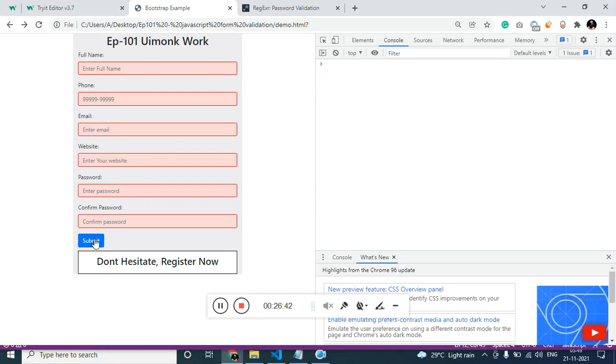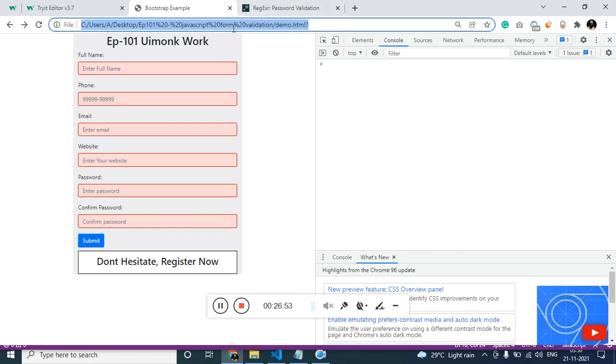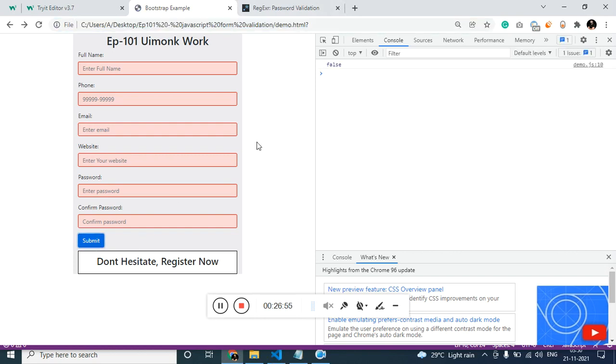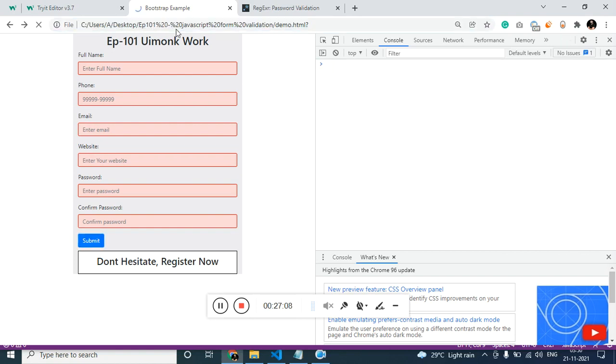Refresh it, click here, not working. So let's check the console dot log. Refresh it, click on submit. It is returning false. If it is false, then give the text fill all fields.